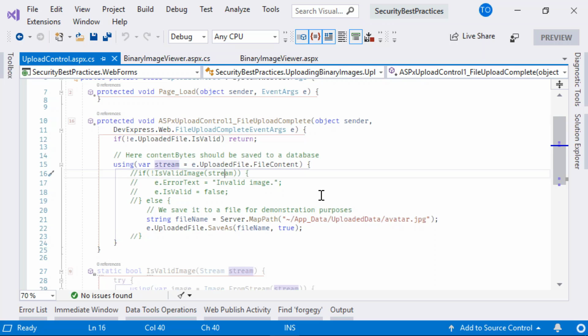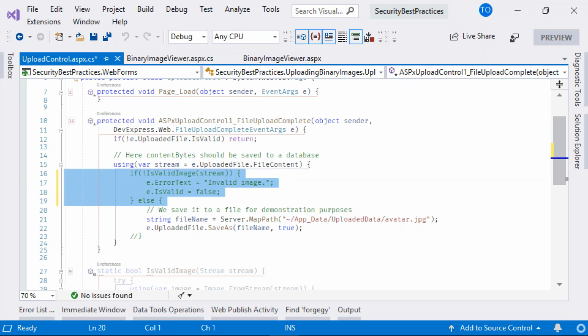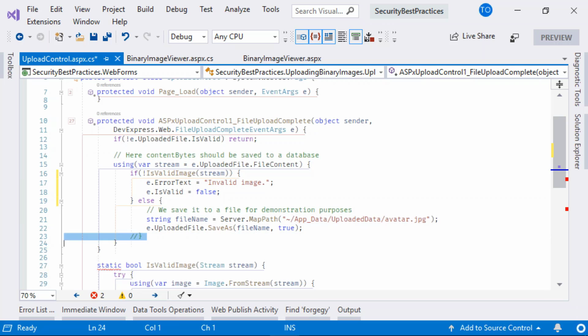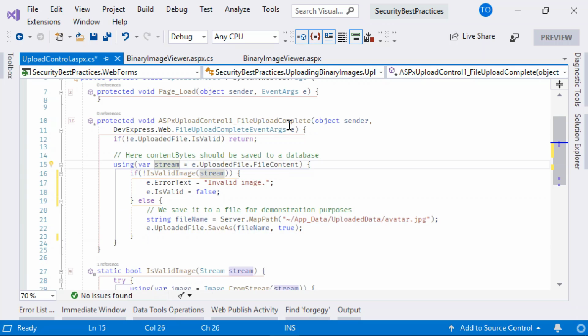Now, one thing that I want to look at inside the file upload control was how can we also stop that file from being uploaded in the first place? One of the things we can do, we've got our upload control as we had before, only this time I'm going to uncomment a few lines of code and then explain what we're doing. So after the file has been uploaded, we then attempt to read and create this stream and pass it into this new method called